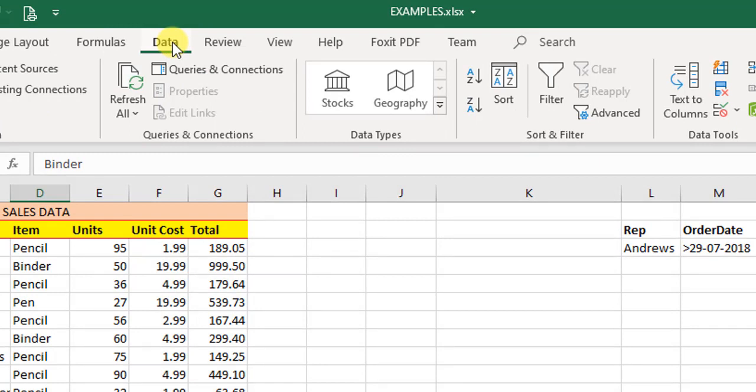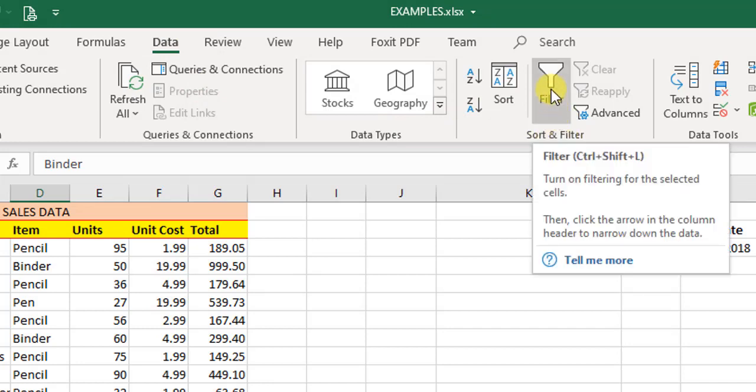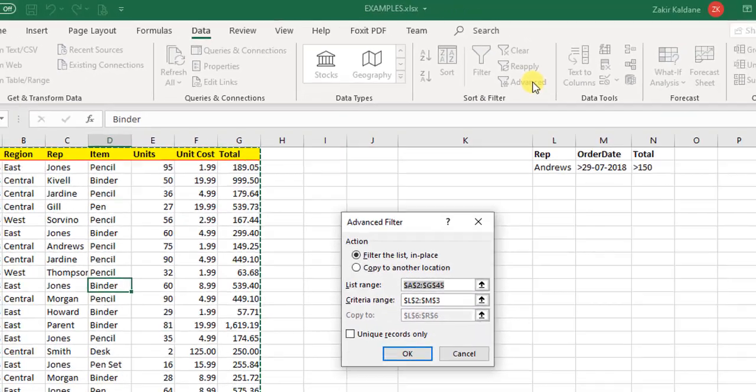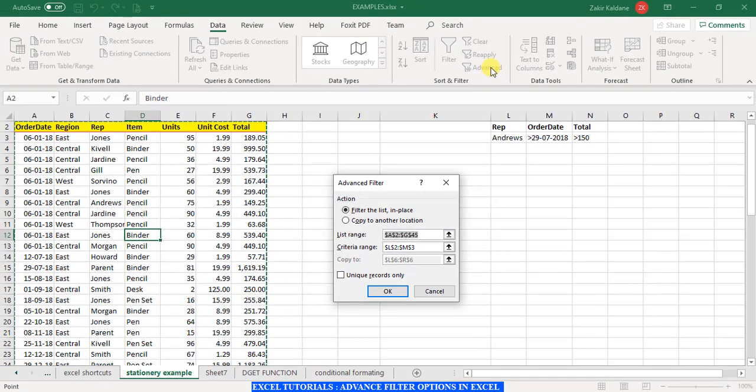After clicking on Data, I will go to the Sort and Filter options, but this time I will not click on Filter. I will click on Advanced. Once you click on the advanced filter option, this dialog box opens up, which is called the Advanced Filter dialog box. Now it has three arguments.